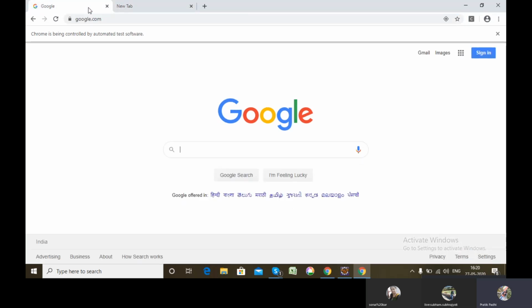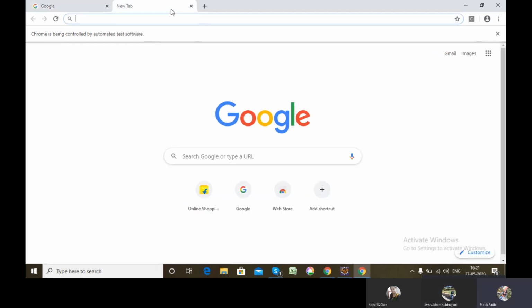Let's say, for example, while clicking on a site, a new window opens; that also can be handled by window handling. Or if I click this, a new tab opens, then to handle it also we use window handling. Whether it is a new tab or a new window, we can handle it by window handling. If we pass the control to that particular new tab or window which is open, then only will we be able to have control over it and perform operations on that particular tab or window.